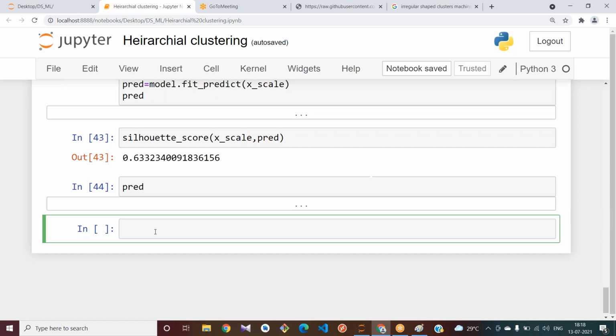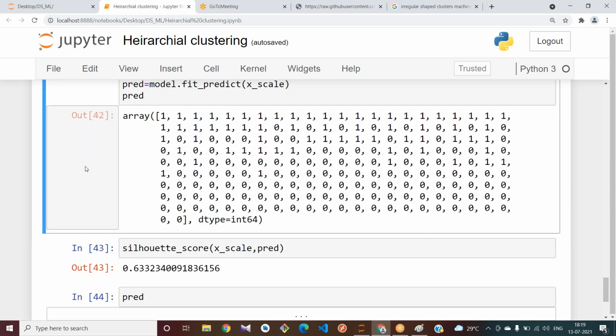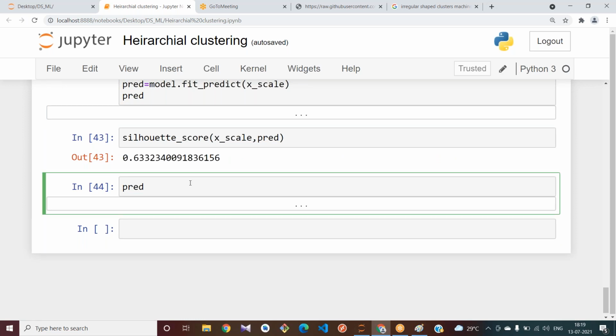Try to plot this data. Yesterday we directly plotted using the data from the data frame. Now our data is present in the data frame and also in the array. Let us use the data from the array and plot.